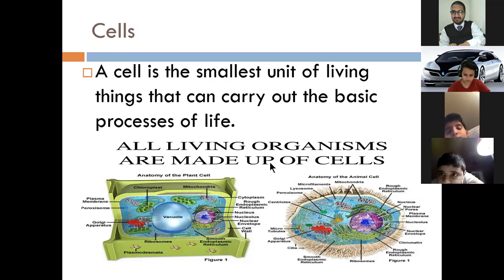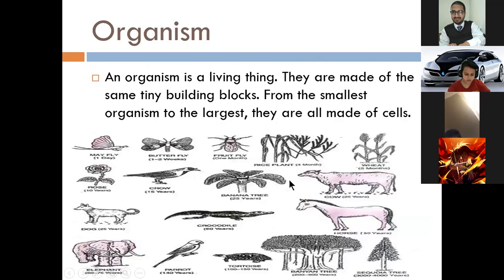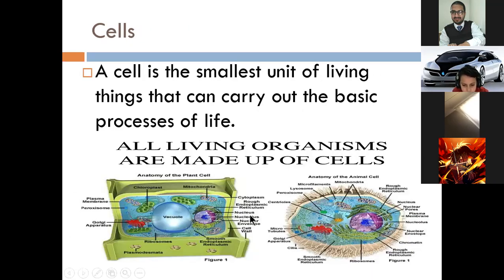So, cells. Living organisms are made up of cells. We know that all living organisms are made up of cells. In plants, the plant cells are totally different from animal cells, but there are a few similarities, a few parts that are similar in plant and animal cells, but they are different from one another. There are different organelles that are not the same in plant as well as in animal cells.